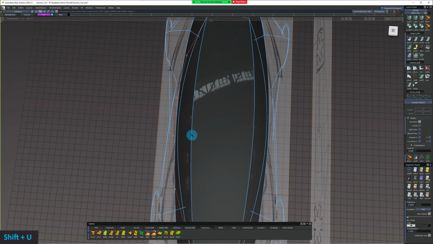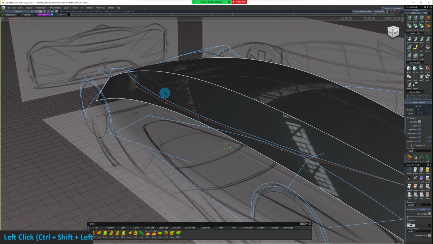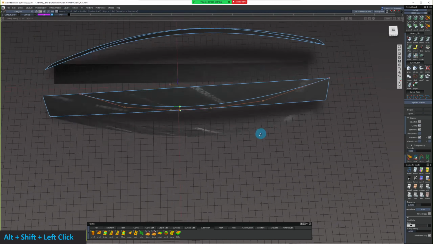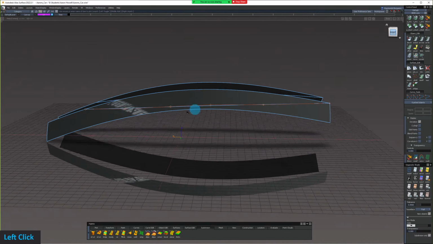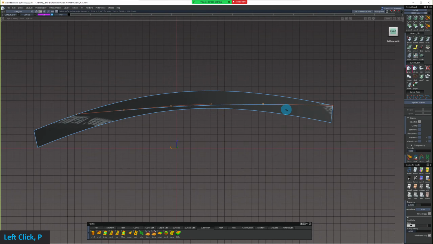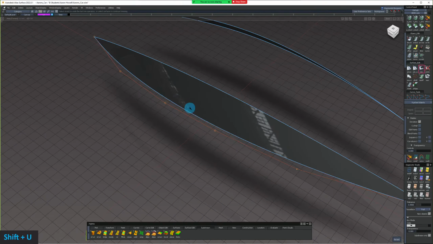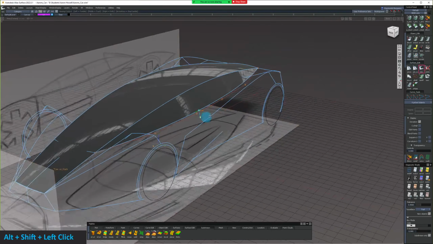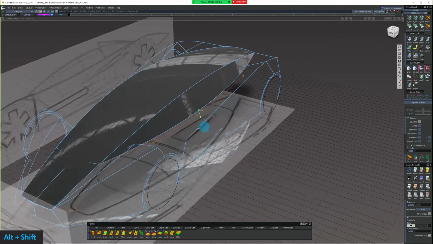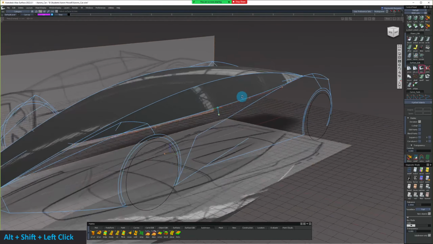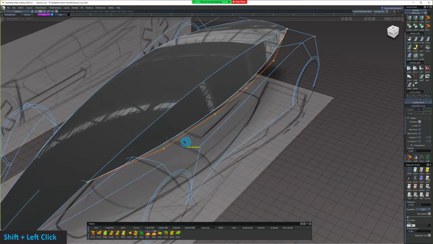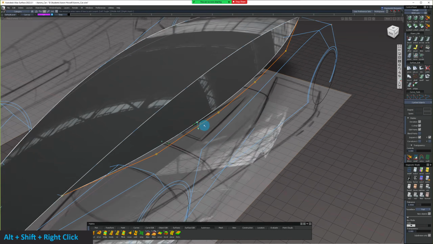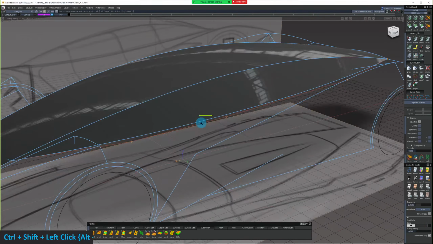So now I have this curve that is very close to the actual intersection, right? And I'll just do a normal, like what we did last time, just to get the other part out of the way. But now I have this curve that I can use when I'm developing the rest of the vehicle. If I have to build something off of it, for example, let's say for some reason I wanted to